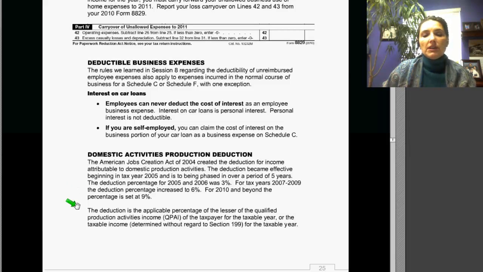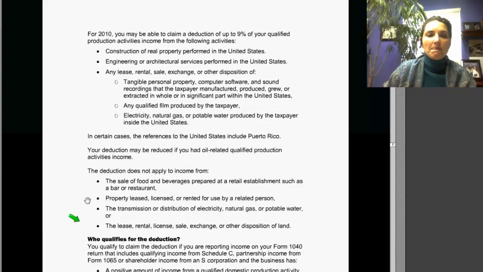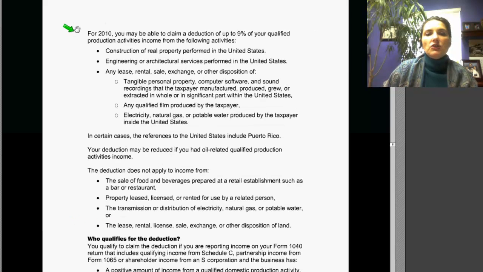The deduction is the applicable percentage of the lesser of the qualified production activities income, also referred to as QPAI, of the taxpayer for the taxable year, or the taxable income determined without regard to Section 199 for the taxable year. For 2010, you may be able to claim a deduction of up to 9% of your qualified production activity income